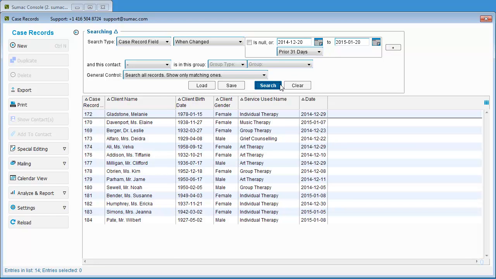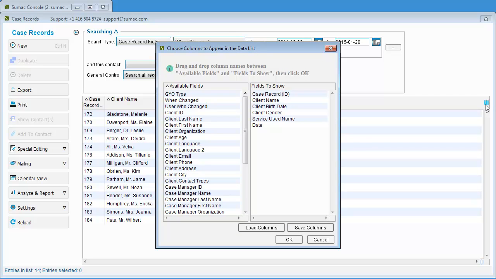Click Search and Sumac finds all the case records that were entered in the prior 31 days. Now that we found the data we want to include in this report, we choose the columns of data we want to include. You will likely have your own preferences for what columns of data you want to include in